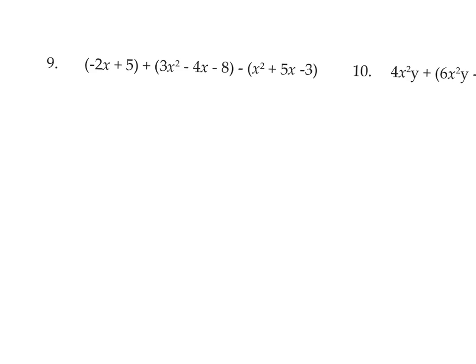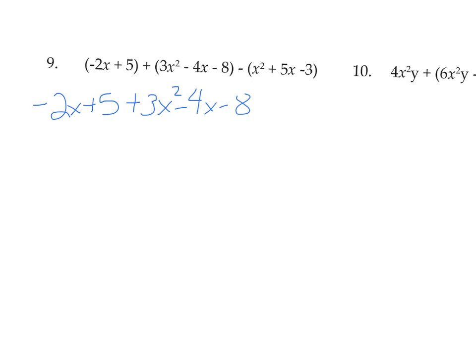On number 9, more of the same. A binomial, a trinomial, a trinomial. This subtraction has to be distributed, but this is a plus, so it's not going to change any signs. These are not going to change signs, only these back here when we distribute this negative. So we'll start with the first binomial, negative 2x plus 5, and then the trinomial, plus 3x squared minus 4x